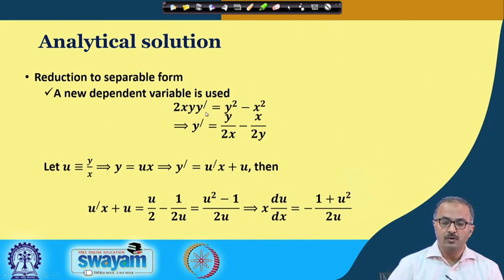Now, what we do, we put the y prime term on the left hand side and take this 2xy term on the right hand side. After doing this division by 2xy, we have y by 2x minus x by 2y. By simple observation you can see there is a common factor, either y by x or x by y. That means y by x is here and the reciprocal of y by x is over here.